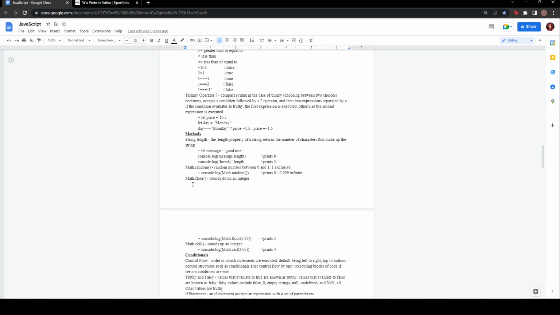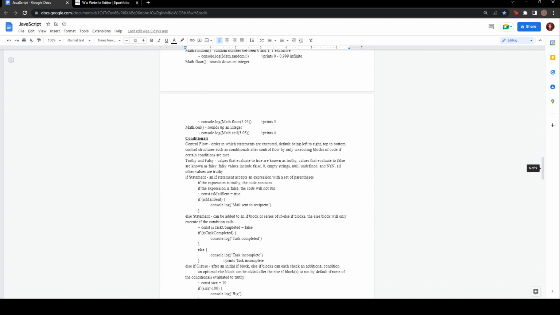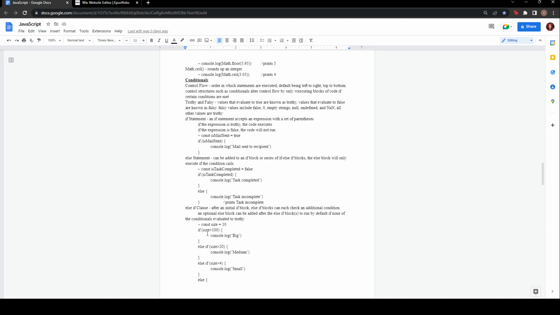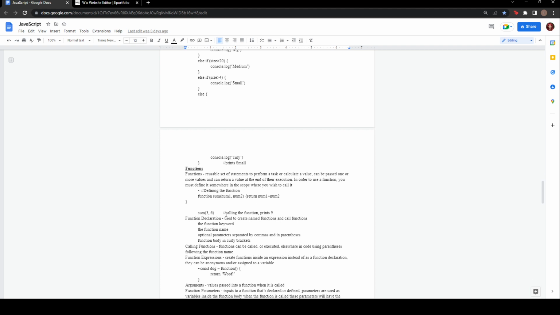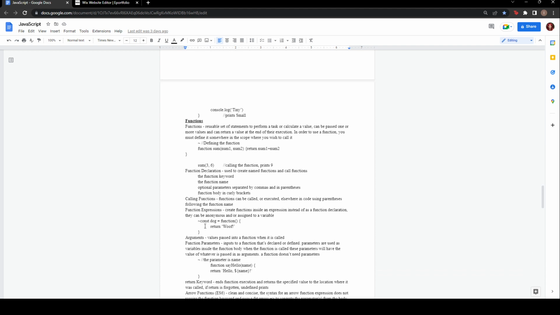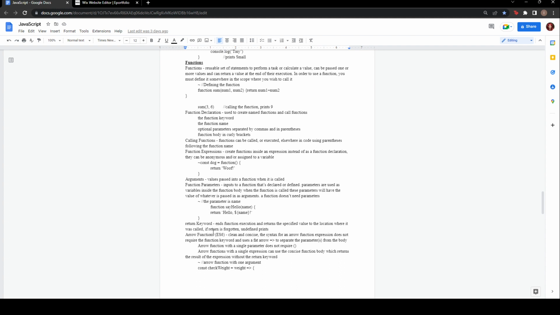Then methods. I just did some basic methods I've utilized so far, like string.length and Math.random. Over time, this methods excerpt will be a big excerpt. I'm going to put all of the different methods that I utilize in this section. Then a little bit on conditionals and control flow: if statements, else statements, examples of both of those, and else if clauses. And then functions: basic functions in an example, function declaration, calling functions, arguments, function parameters, the return keyword, arrow functions in the ES6 version of JavaScript,